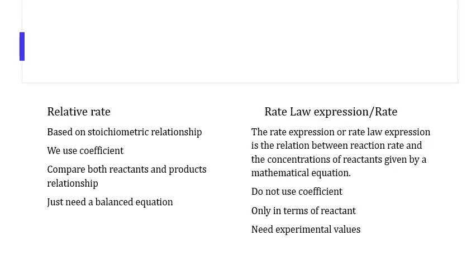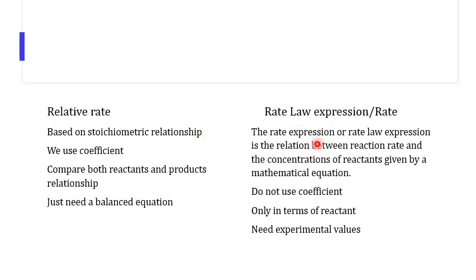We already learned how to write the relative rate based on the stoichiometric relationship between the reactants and product using the coefficient. That means we were comparing the rate of disappearance of reactants and the rate of appearance of products based on the coefficient in the balanced chemical equation, and we call that the stoichiometric relationship or relative rate, right? So in this video what we will try to explain is the rate expression or the rate law,